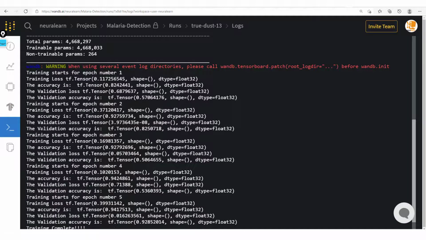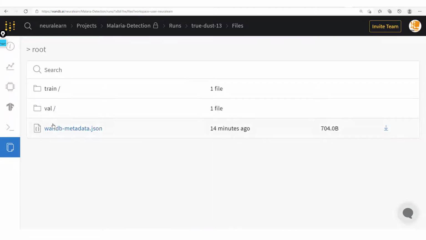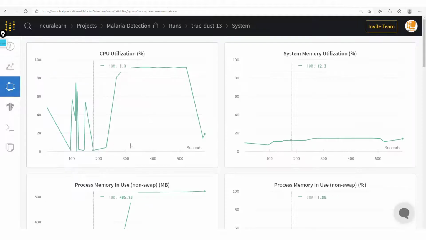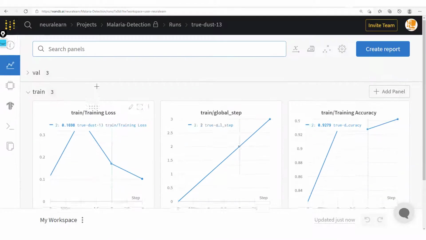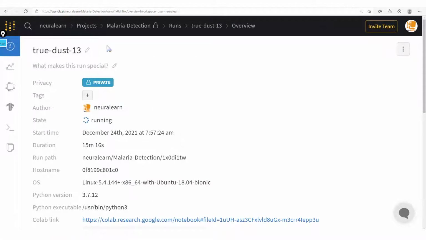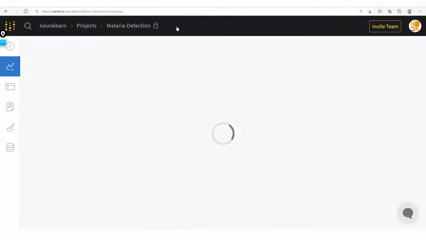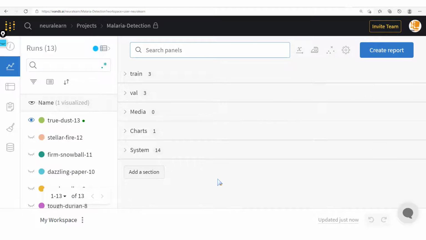So that sounds cool. We have the logs, we have the different files which have been saved, system information, and we have these charts, and then the overview where we could see all this information, and then get back to our runs. So that's it. We've seen how to sync Tensorboard with WandB, and so now you're ready to track your